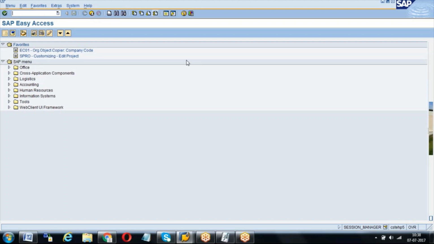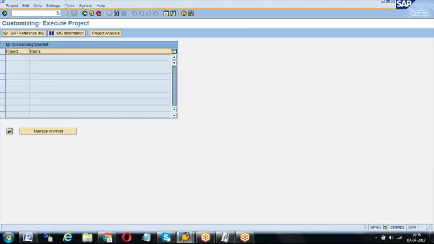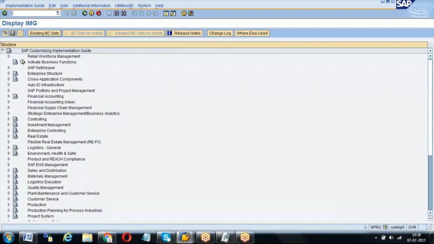So in the transfer posting, you said there are two kinds, right? Transfer posting and what is that other one? Stock transfer. Actually, in SAP, even in my blog I have put one document on the difference between transfer posting and stock transfers. The word transfer posting will be used for a logical movement. It's not a physical movement.